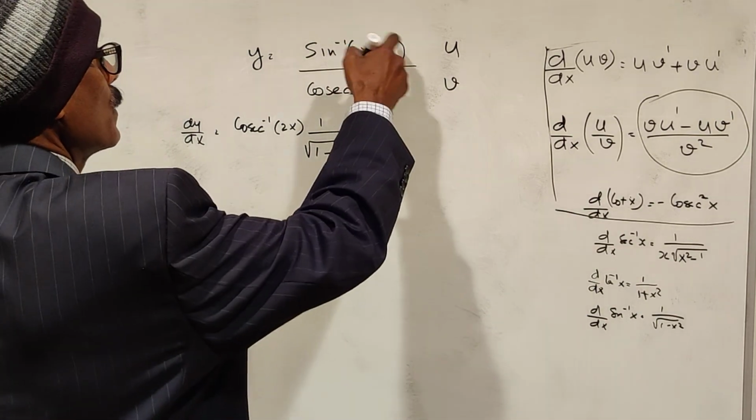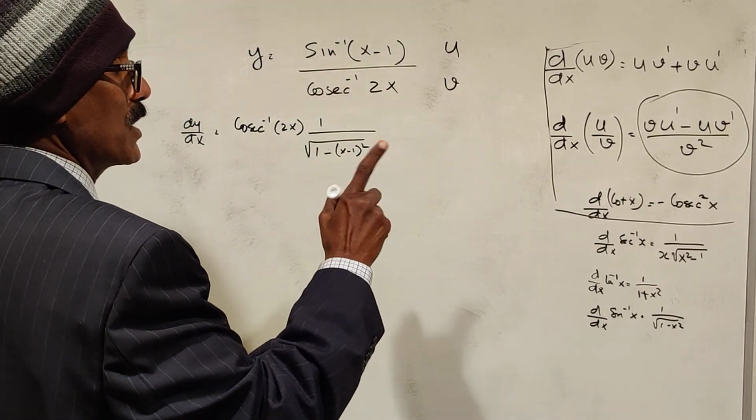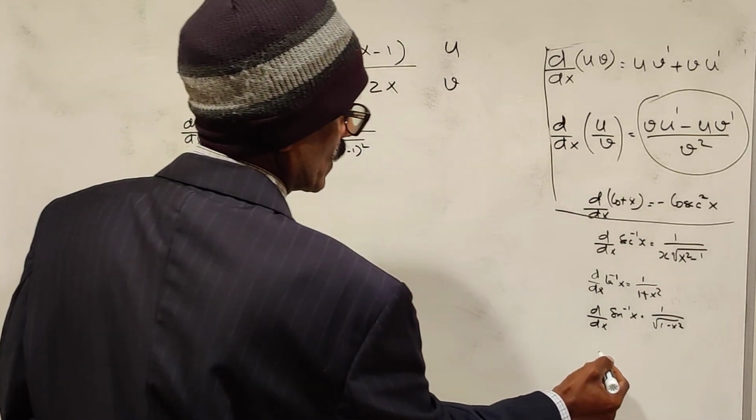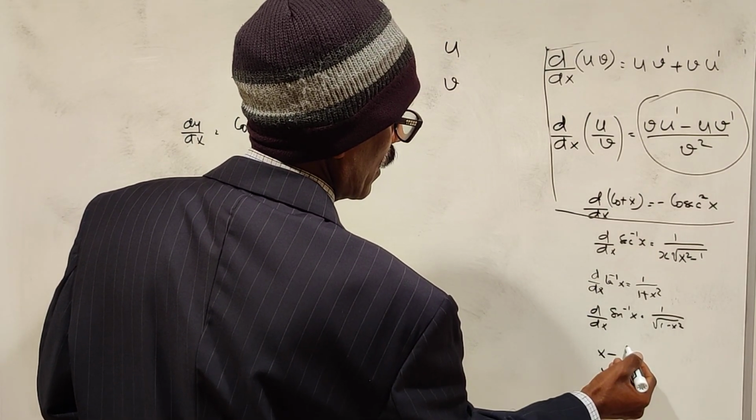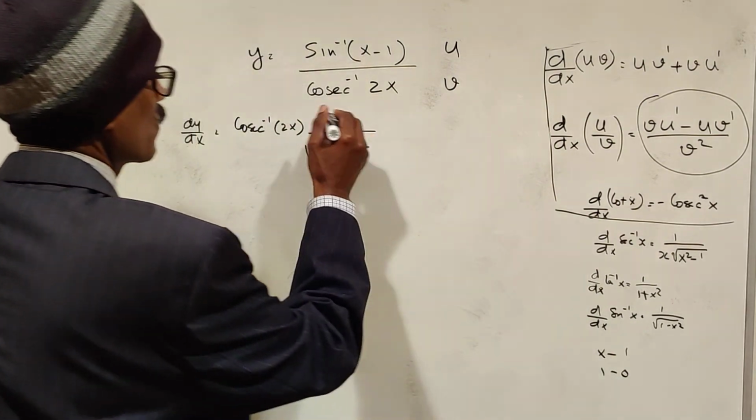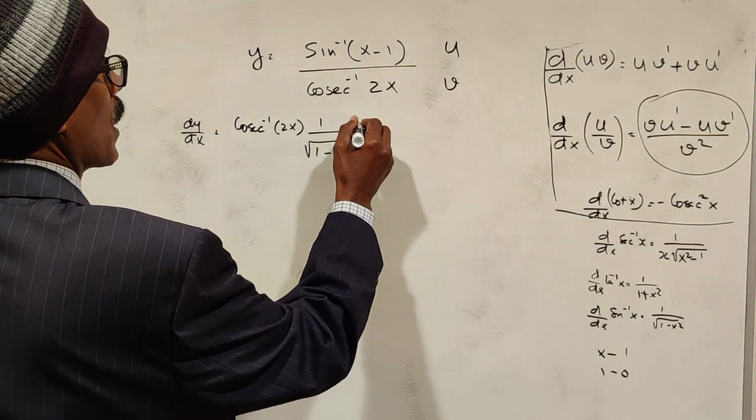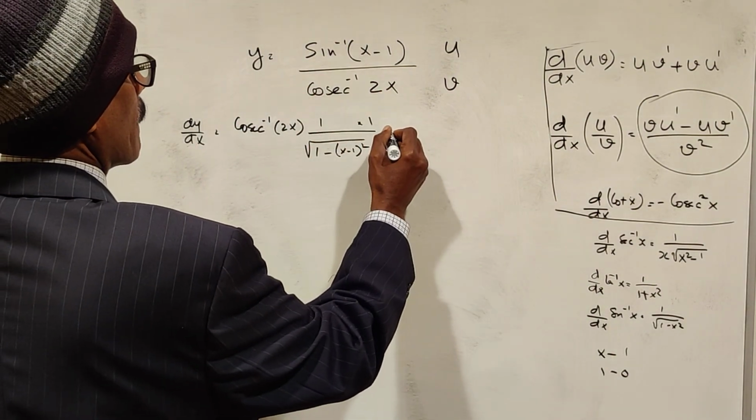What is the derivative of u? Derivative of x minus 1. Derivative of x is 1 and derivative of 1 is 0. So the answer is 1. So you don't need to multiply. Okay. Minus